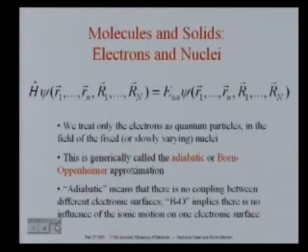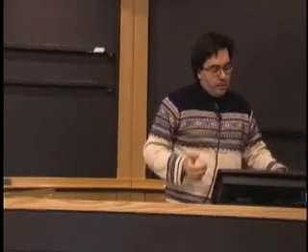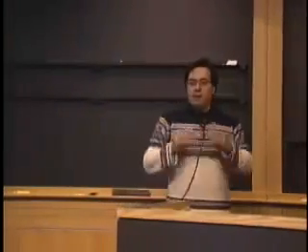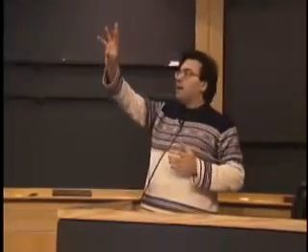Okay, so now the problem, and that's where the Hartree and Hartree-Fock solutions become important, is to deal with realistic systems. That is, we need to deal with molecules, or we need to deal with solids. So we need to deal in principle with a Schrödinger equation in which we have a lot of nuclei. I'm denoting here with capital R the position of the nuclei. Again, if you want to find out what is the structure of benzene, or what is the electronic structure of silicon, you need to keep in mind that, say, for benzene, you will have